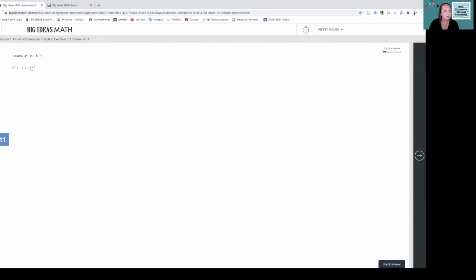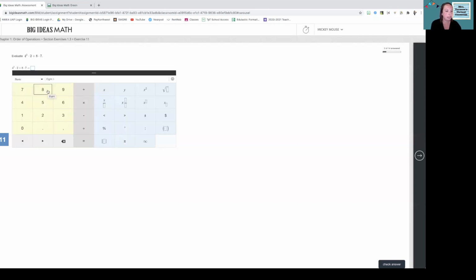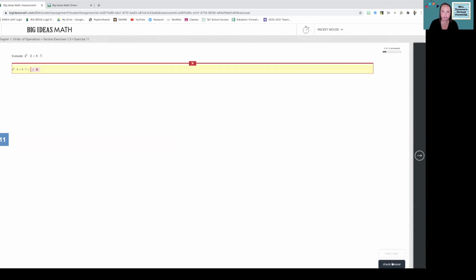So let's say I put in a homework assignment answer to this problem here, and you'll notice down here in the lower right-hand corner, there is a check answer button. Each homework problem gets 2 check answers. So I use my first one, it's going to tell me if my problem is right or wrong. So in this case, I got the answer incorrect. You'll notice right away that if I get the answer wrong, a need help button will appear above that check